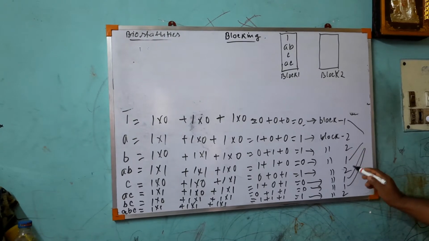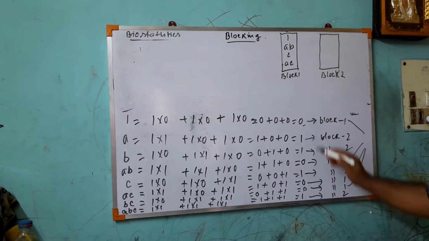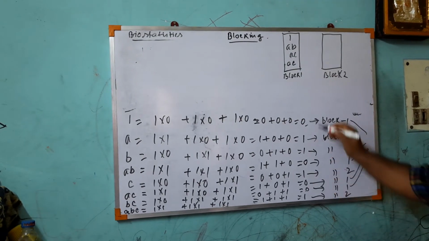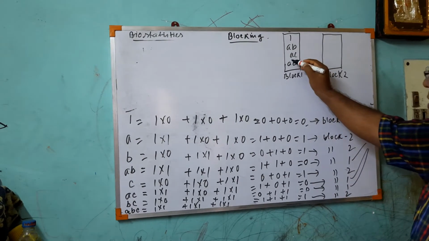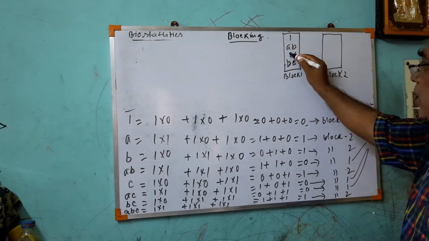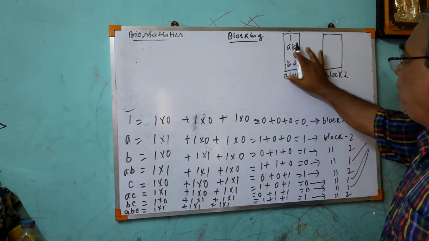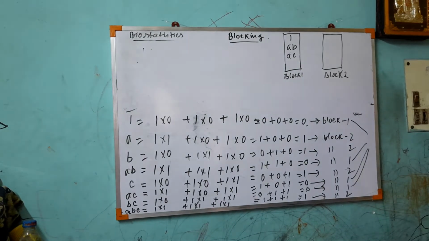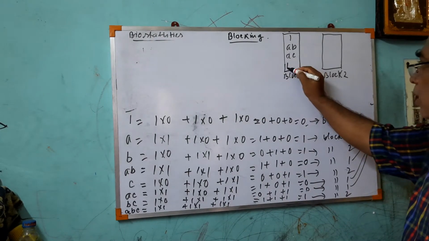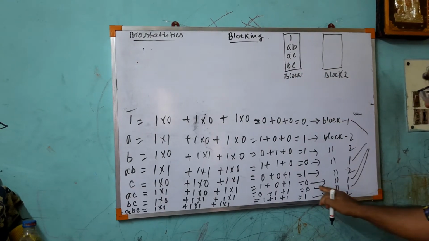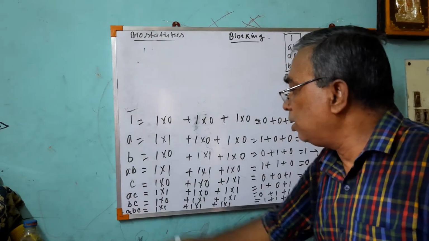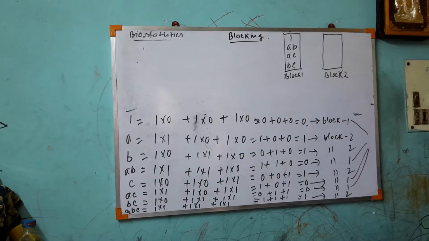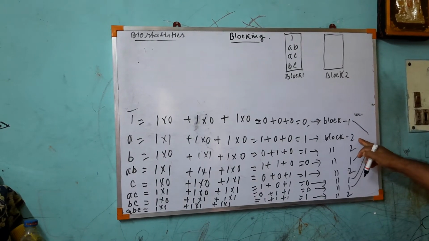That is AB. Then this one is AC. Then second last one is BC. AC, BC. Okay. AC, this is AC. I'm writing clearly. 1, AB, AC, then BC. BC means this one. AC and BC. Okay. And this will be AB. Okay, right. And block 2, this is block 2.